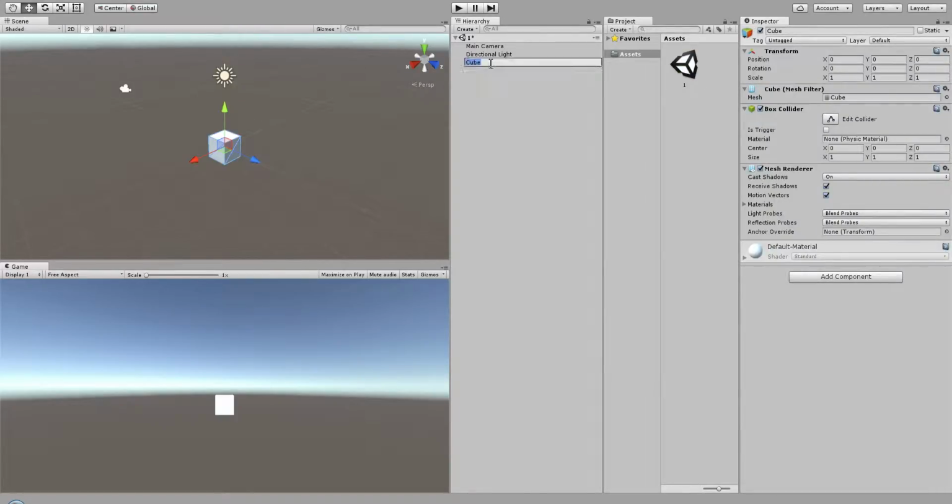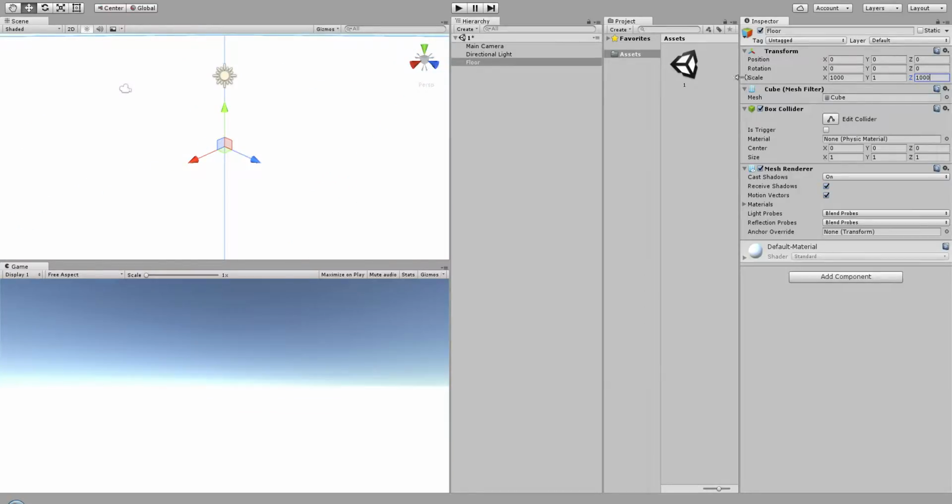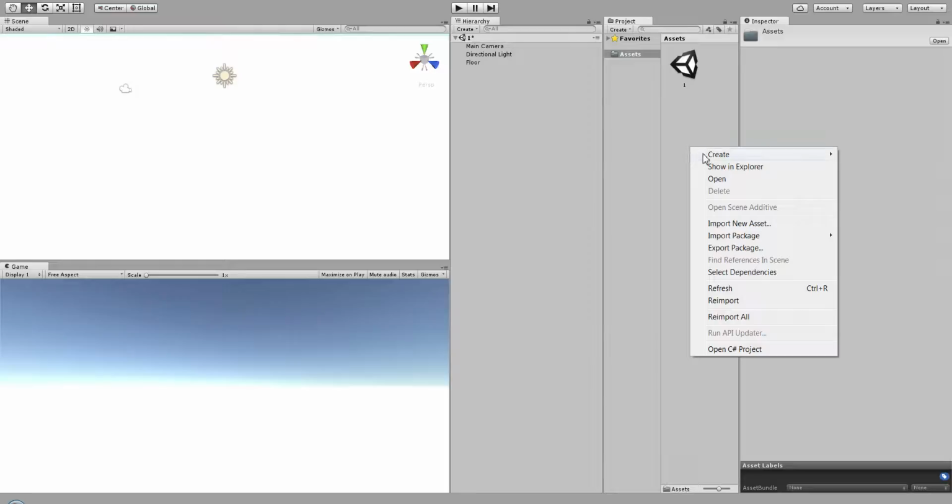So there's our cube. We click on it, we can name it floor. We remember that. And we'll stretch it out to, I don't know, 1,000 by 1,000 by directly inputting the scale in the scale field of the transform. That's our floor. And it kind of blends nicely with the default sky dome. So we've got blue and white there. We're probably not going to start with a snow level, so we're going to create some